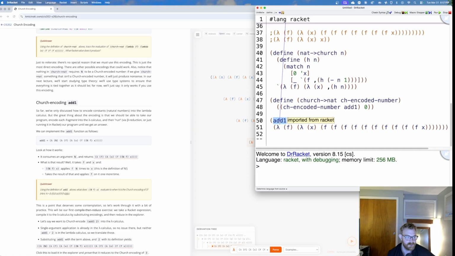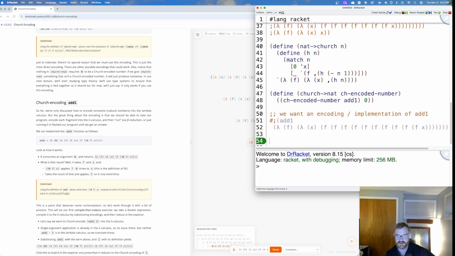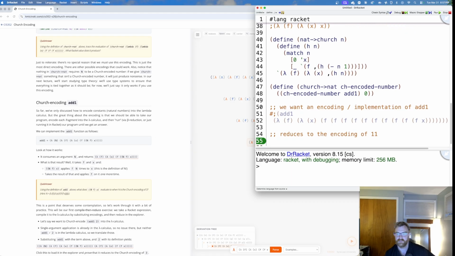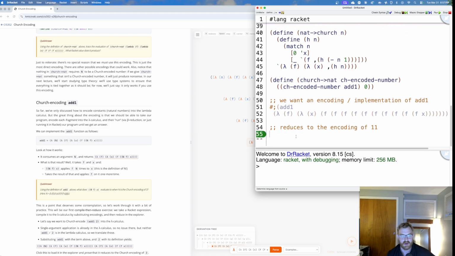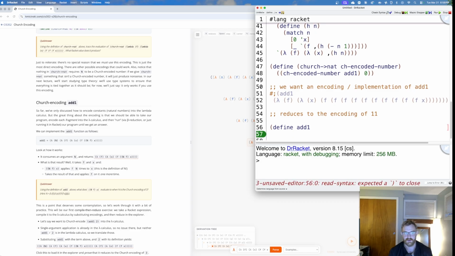Well, so that's a question. Let's come back to that. So we want an encoding, or I guess I should say implementation of add1 such that this thing reduces to the encoding of 11. Okay, so how can we make that work out? So here's what we're going to do. We're going to define it as follows. I'm going to say add1 is going to be equal to